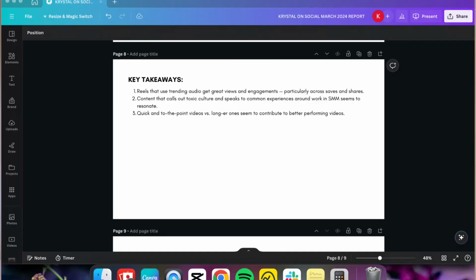To close out the report for the given platform, because remember, you should definitely be analyzing performance by platform, be sure to include some key takeaways that should be kept in mind based on the information you gathered in the report, and essentially how you're going to take the information you gathered and apply it going forward. Also, this is going to be the space where you can explain areas where performance might be down, because listen, social media performance does fluctuate, and there are going to be times where performance isn't where you expect it to be, whether that be due to updates, algorithm changes, testing out new content types, etc. It's expected and it's normal.